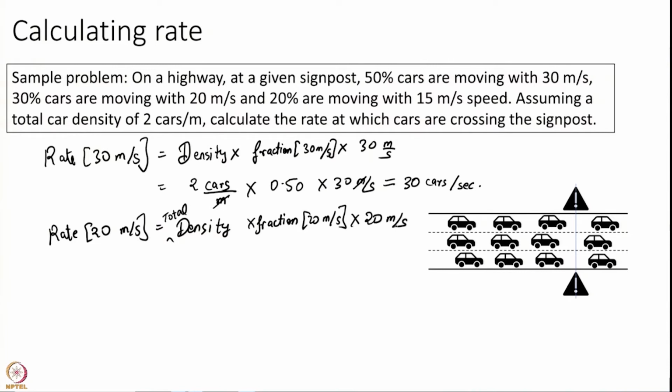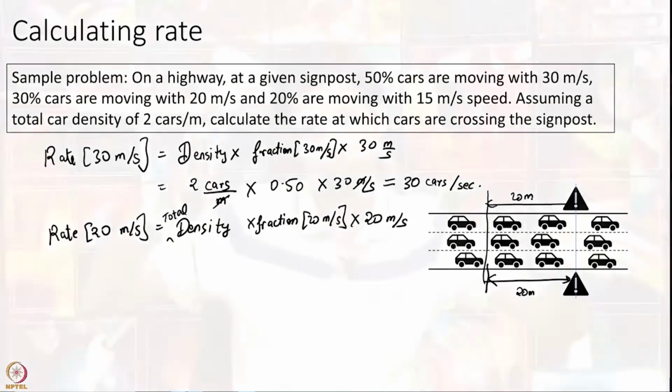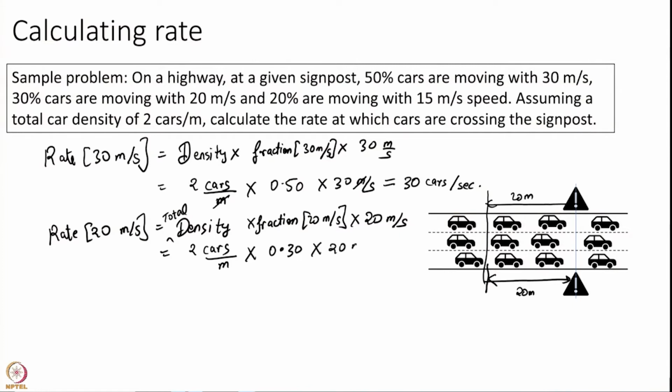The same logic: in 1 second, the cars travelling at 20 meters per second better be in this length of 20 meters. So, this becomes 2 cars per meter times the fraction 0.30 times 20, and I can calculate this, this is equal to 12,